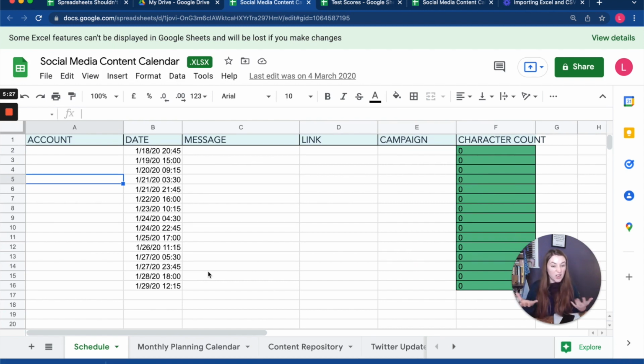So these were just showing some of the changes and some of the issues that you might be faced with whenever you try to move between Google Sheets and Microsoft Excel. It's good to be aware of these things, and it doesn't mean you shouldn't do it. You should just be aware of how that's going to impact your work. Hope this